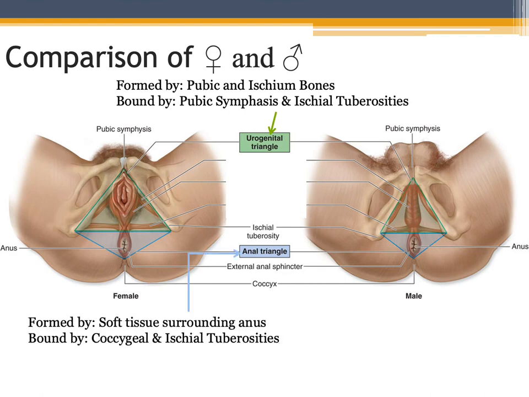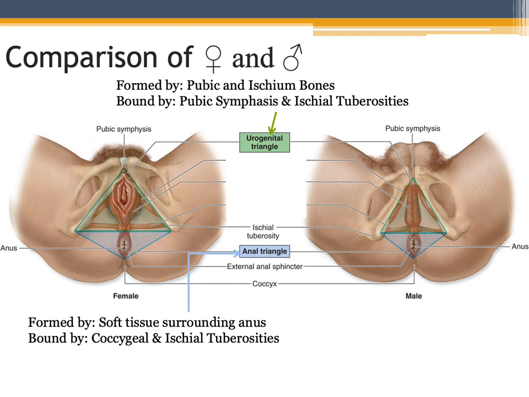So the last differences that we see in terms of the developmental side on the male and female reproductive system has to deal with what's referred to as the urogenital and the anal triangles, where males tend to have a very steep triangle, whereas females tend to have a very broad triangle. And this has to deal with the changes that we see in puberty that relate to the ability to maintain the stable platform during gestation, as well as to the partial changes that we see as relates to birthing issues,